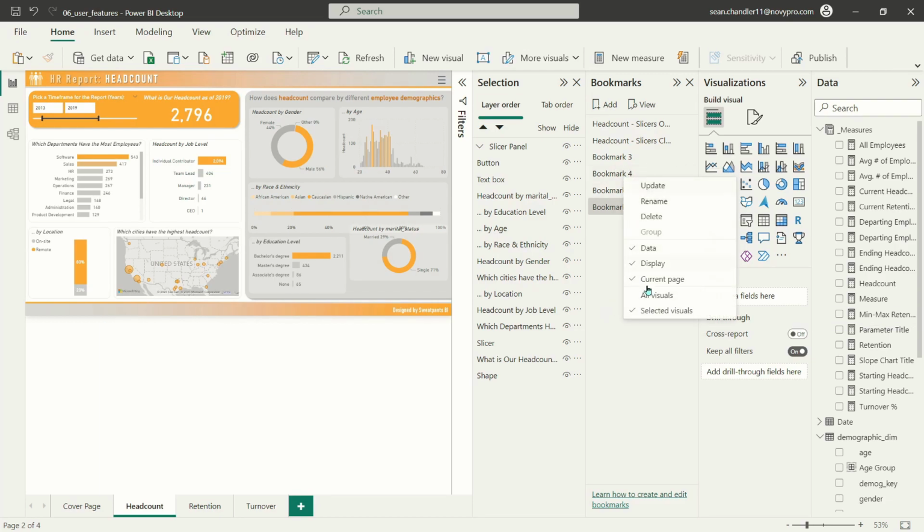So I'm just selecting selected visuals. I'm turning off data. So you can see for each of these bookmarks, what we want checked down here is selected visuals, and what we want turned off here is data for every one of these. And so let's go ahead and call the next bookmark